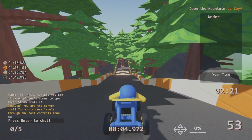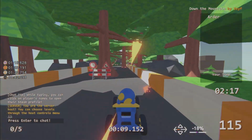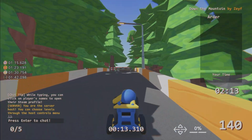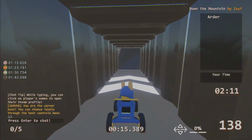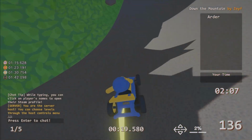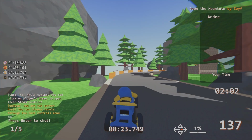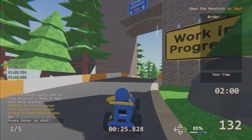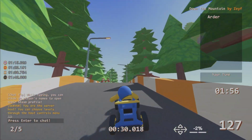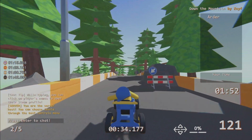And the first one, Down the Mountain by ZF. Well, I enjoy this track. I found a couple of new elements or new ideas which I have never seen before. Some of them, I wouldn't say were easy or at least enjoyable because I'm not used to driving or doing this element. But still, because it's new for me, I really enjoy it because it's really interesting and fun